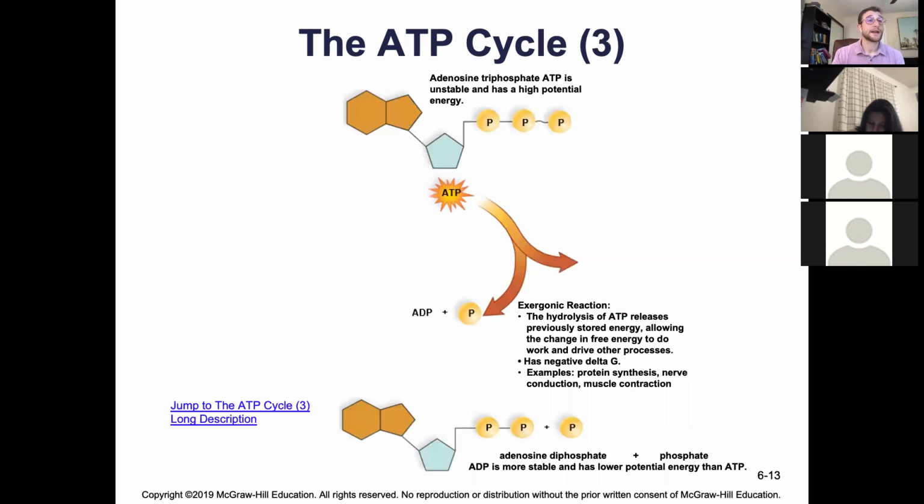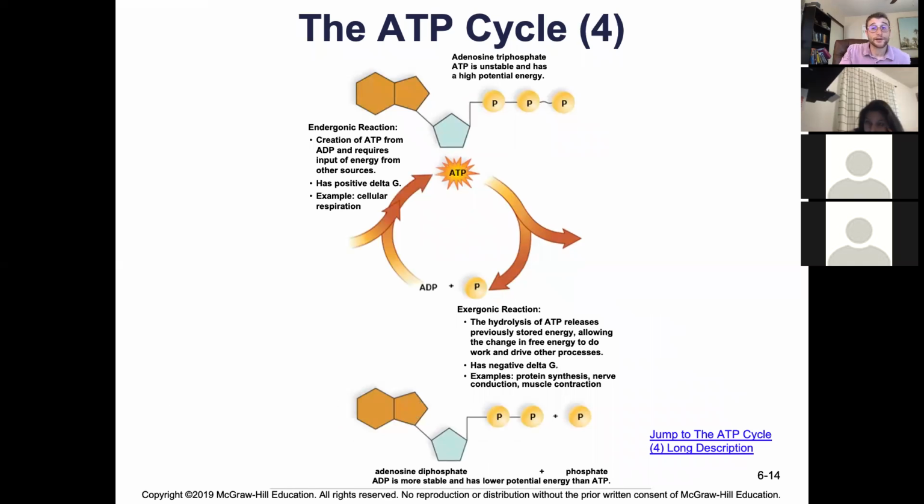So you can see that we've now made ADP, which is the adenosine diphosphate, and there's a phosphate ion that was split off. So now this ADP can be stored in cells. But when the cells now, let's say you're working out, you're lifting weights, and you just use this ATP to lift some weights. But you're not done lifting weights, you need more ATP. Well, what the cell is going to do is they're going to transfer this ADP back into ATP. So how does it do that? Well, it has to go through an endergonic reaction, right? It needs energy to do that. It needs energy to make this ATP molecule.